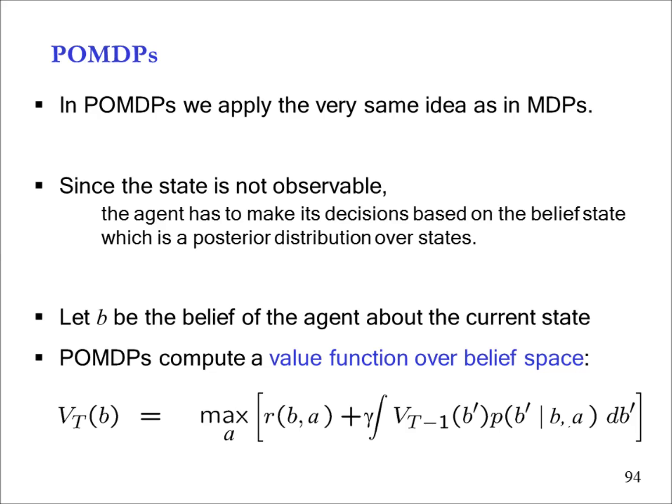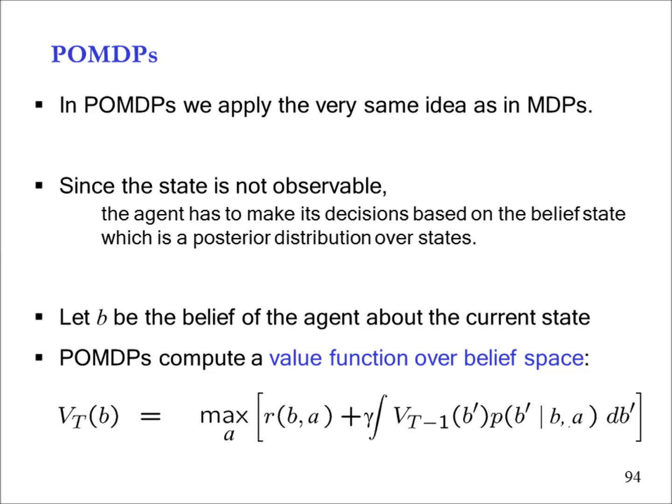Now really it is like an MDP, it's not very complicated, but the problem is that I don't know the state. So value of a state makes no sense. What I know is a probability distribution over states. I know that I may be in this state with this probability or that state with that probability, but I don't know exactly which state I am in. So we will call the knowledge that I have, the probability distribution over states, a belief. Now I believe that I am in either this state or that state with different probabilities. I don't know more.